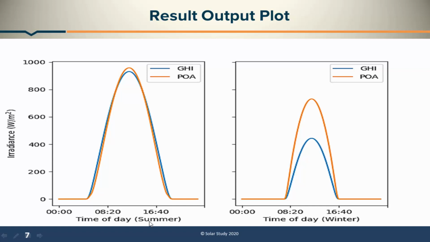So finally, what we get to know is that if we get any irradiation data, we will get the GHI and plane of array, which is the irradiation coming to the solar panel. So what is the use of that? If we get the data acquisition system, we will get to know how much irradiation I am getting throughout the summer. Okay, so let's see, we will go for another output.